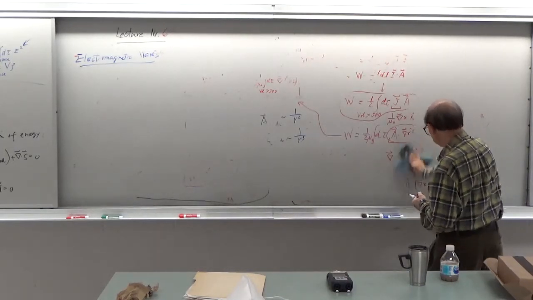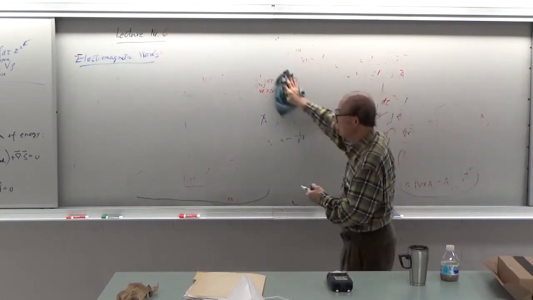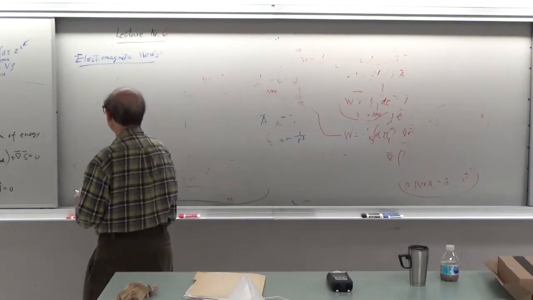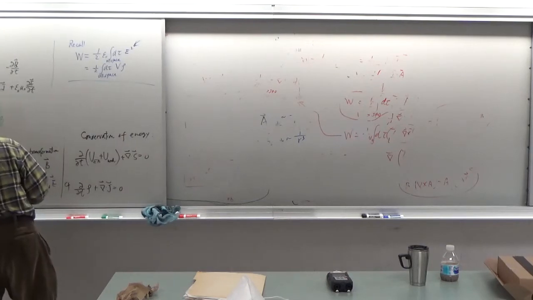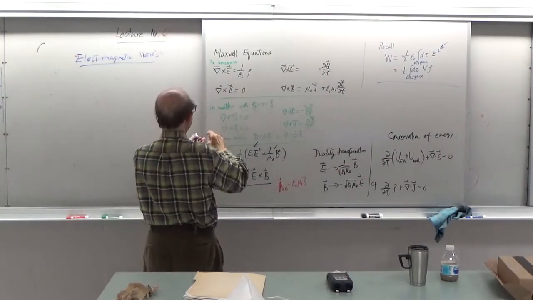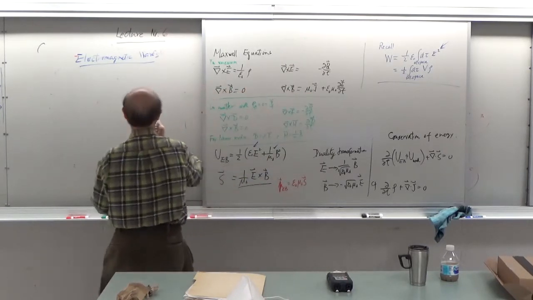Let us start the discussion with Maxwell's equations in vacuum with no sources. So let's start with Maxwell's equations with rho and J being 0. So that we have,